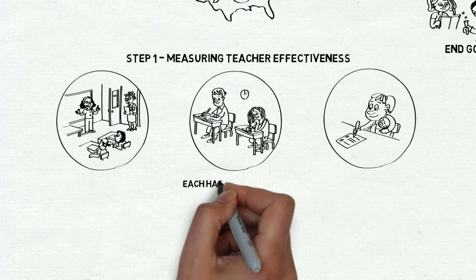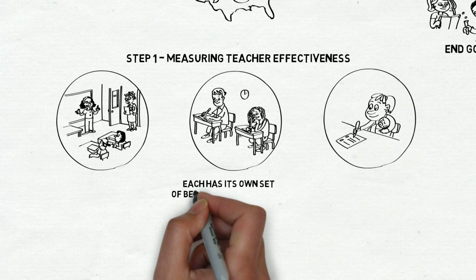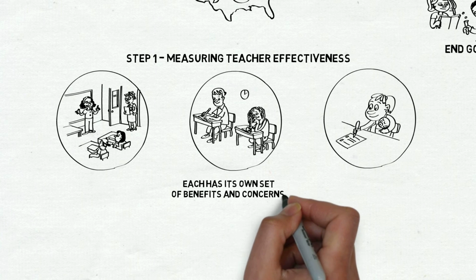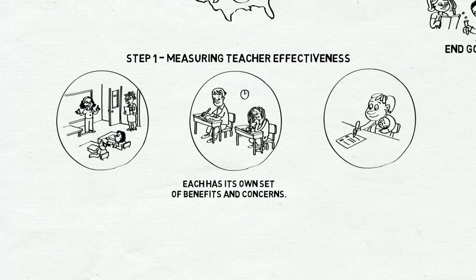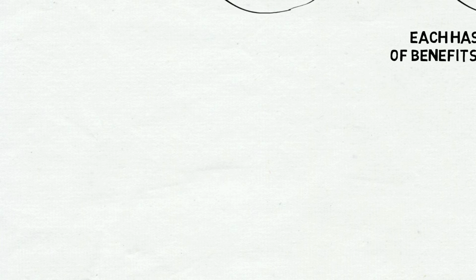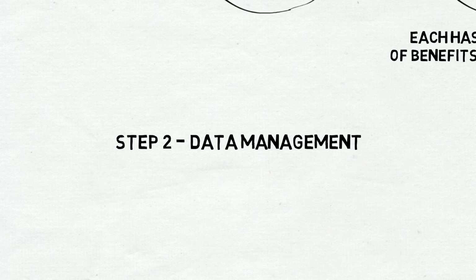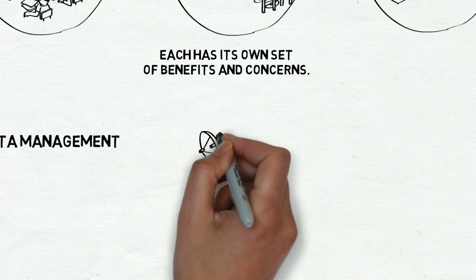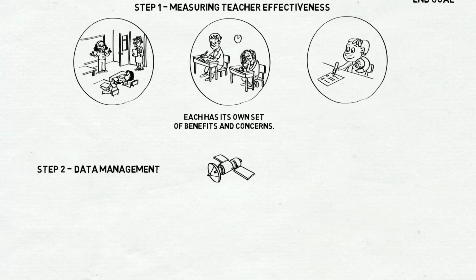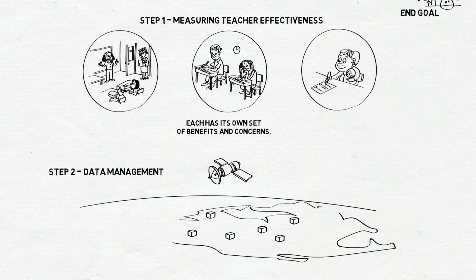We know from research that each of these measures has its own set of potential benefits and concerns, including bias. Although complex, it's important to fully understand these issues in order to be able to draw appropriate conclusions for an evaluation. Step 2. Once data are available, districts and schools have to manage the new information, ensuring effective storage of